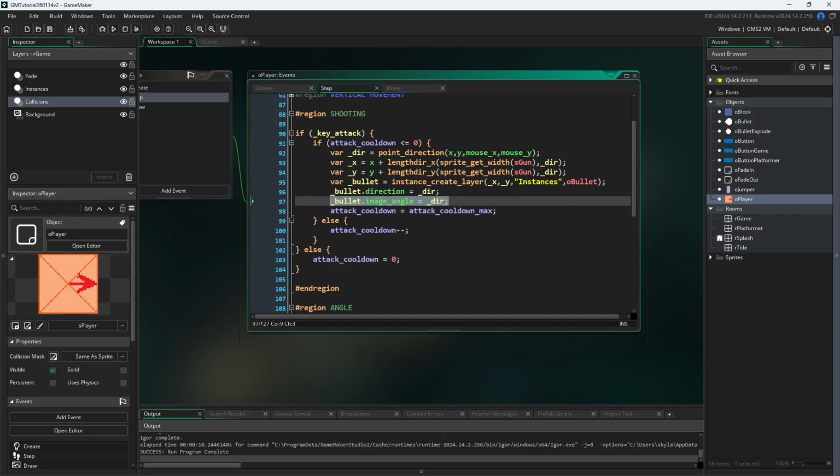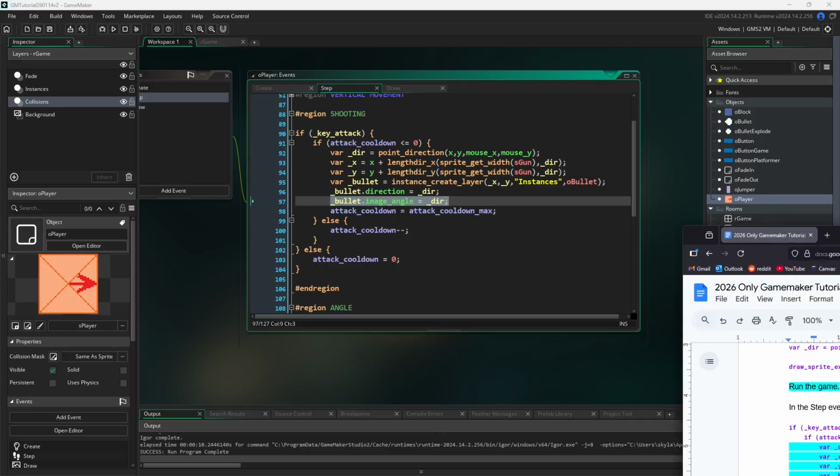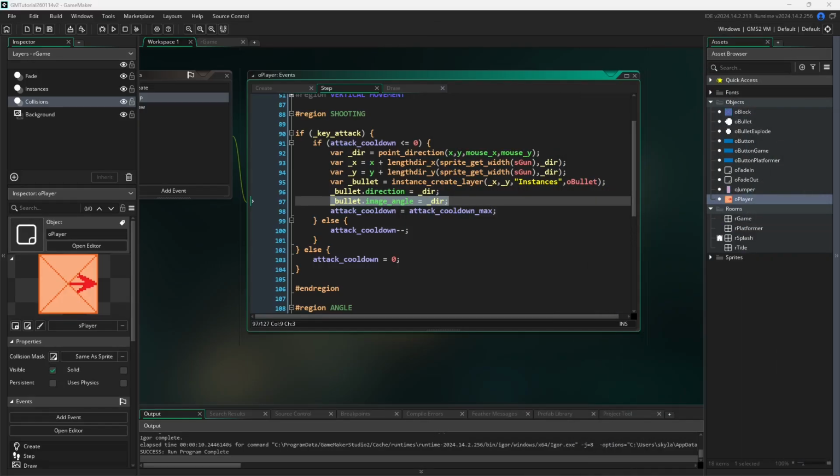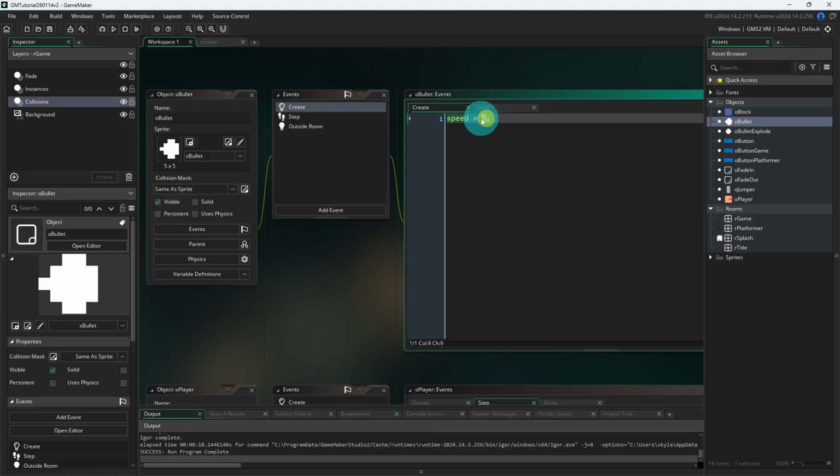I'm going to add that to my notes really quick so I do not forget to add that. There we go. To my notes. Because without that, it's going to be an error every single time I record a version of this tutorial. Because I like to update tutorials and keep going with them. Anyway, there we go. So now if I go back to bullet,